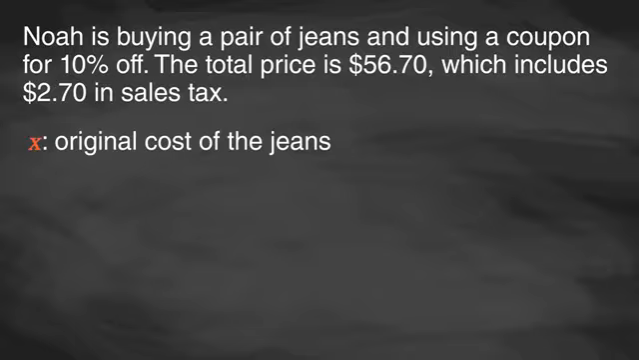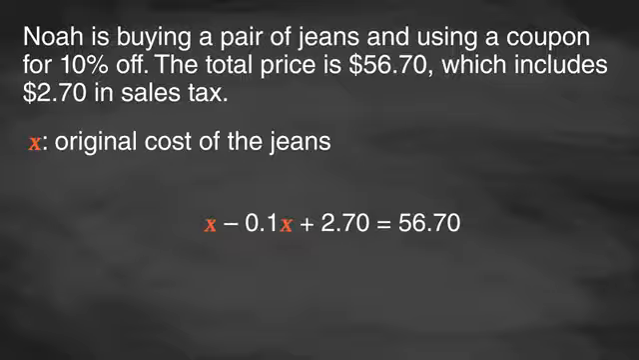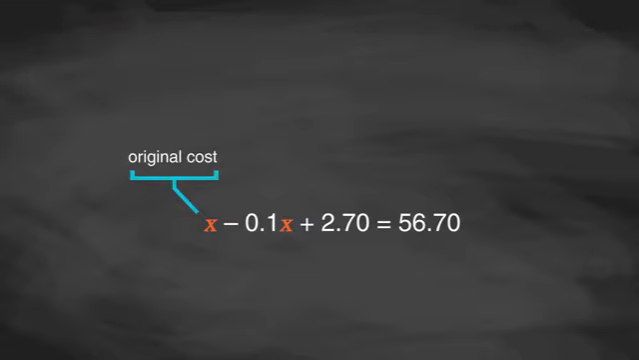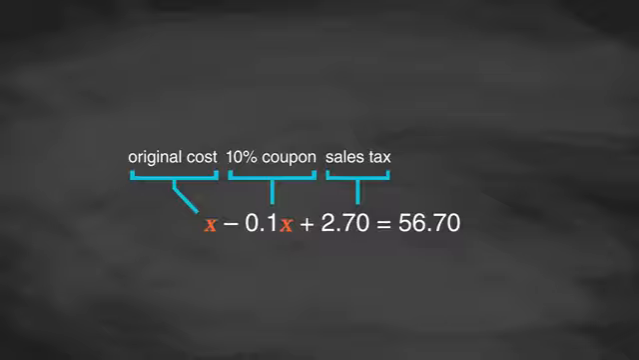The equation that represents the situation is x minus 0.1x plus 2.70 equals 56.70. The original cost of the jeans, x, minus the 10% coupon, 1/10 x, plus the sales tax, $2.70, equals the total cost,